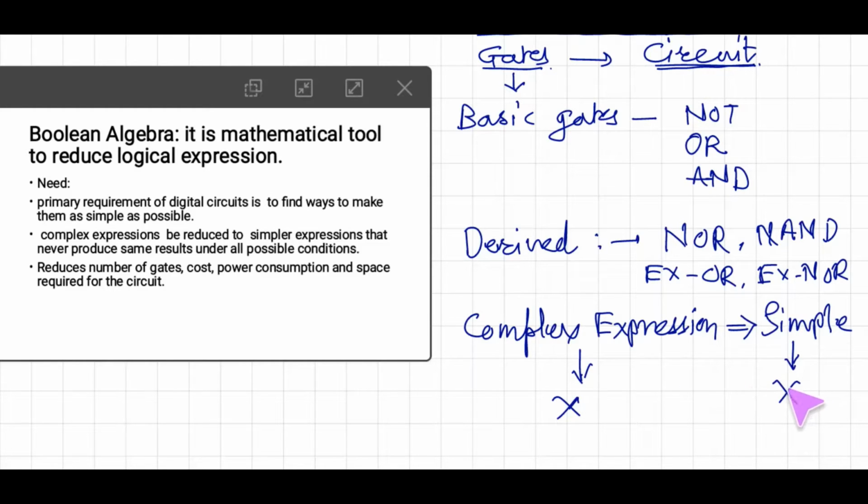Result is not changing, but here the expression is complex. By using Boolean algebra we are turning it into simple expression. Both give the same results, and that is why we can say using Boolean algebra we can simplify the complex